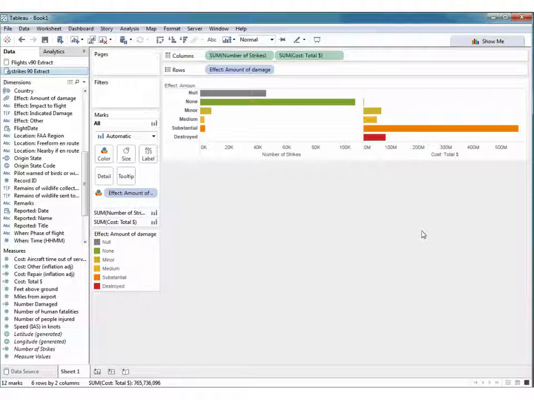And it's not surprising that the cost is going up because this is the amount of damage. But what was a little surprising when I did this the first time after the miracle on the Hudson was the size of this orange bar. As you can see here, that's almost $500 million in damage, really a lot, completely justifying the FAA having a wildlife strike mitigation working group. But now, the key thing for this talk is if I were trying to show that it were safe to fly, I might stop at this point.